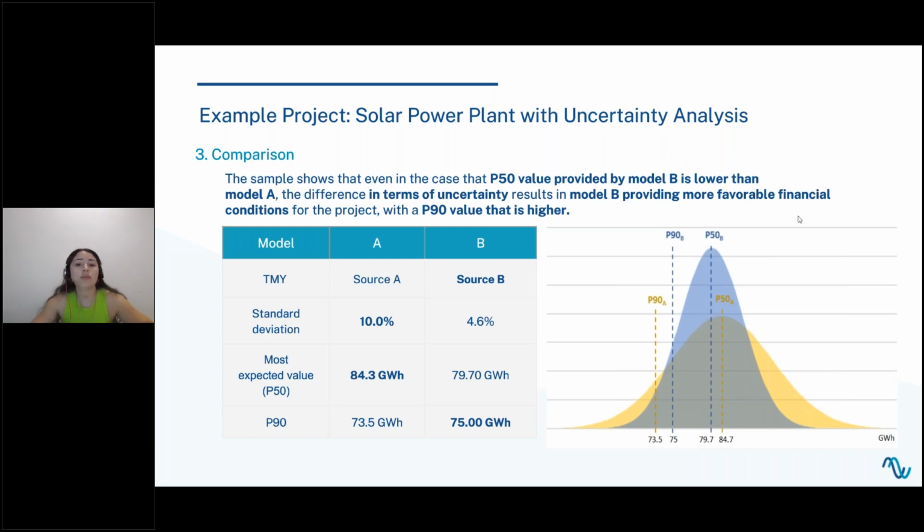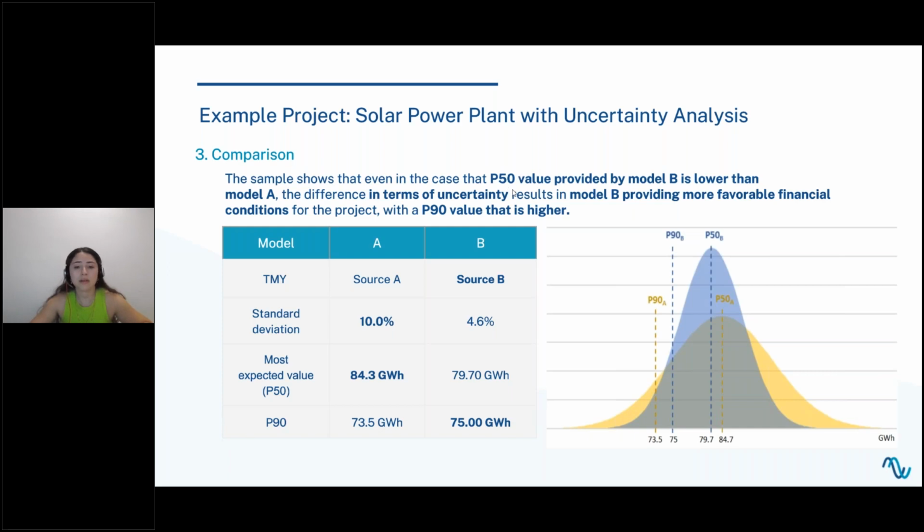So assuming that the solar resource estimates from two different models follow a normal distribution, the most expected value will be the P50, and its uncertainty will determine the position of the center and also the width of the curve respectively. So the value exceeded with 90% probability, which is the P90, can be calculated and identified in the probability distribution as well. So in the sample below,